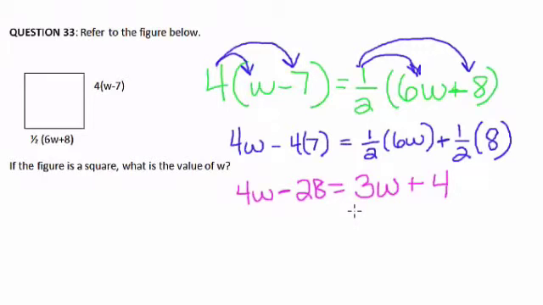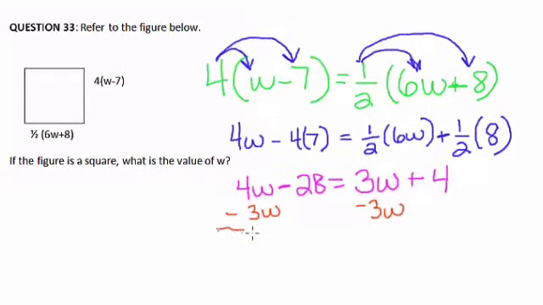Let's try subtracting 3W from both sides. So on this side, whoopsie, sorry about my non-straight line. Let's try that again. That's not much straighter, but it's fine. All right, so 4W minus 3W is just W minus 28